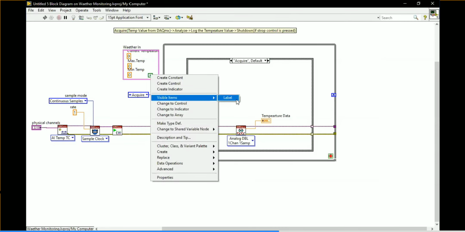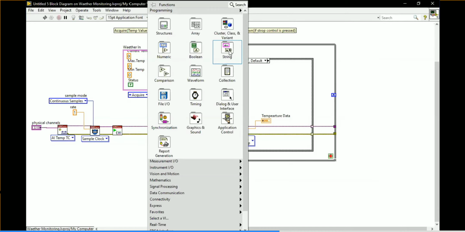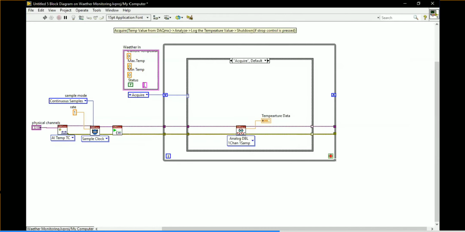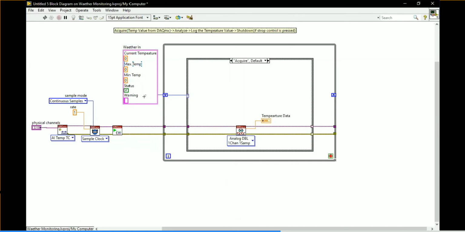Give the label as status, and last it's going to be a warning. I'm going to take one empty string constant, and this is going to be the warning. Now arrange it properly, like arrange vertically.